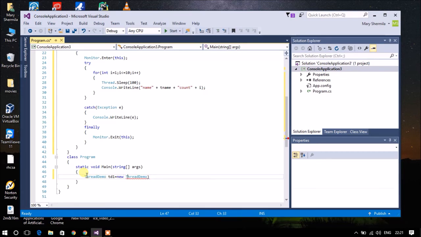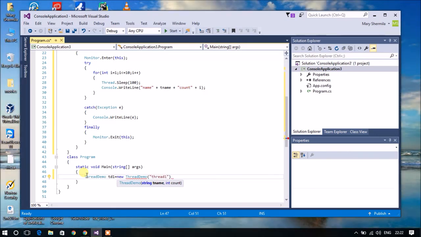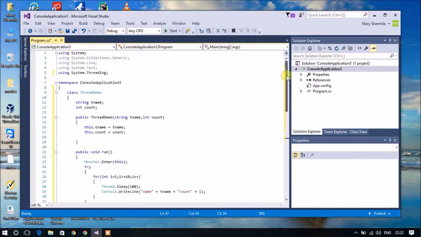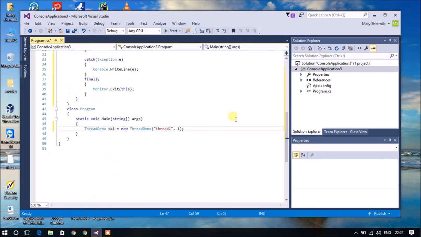You must not give brackets here. If you closely look into the ThreadDemo class, in the constructor I have given a string and an int value. While creating the object, I have passed a string value like thread1, which defines this is my first thread, and the count variable is initialized from the value 1.